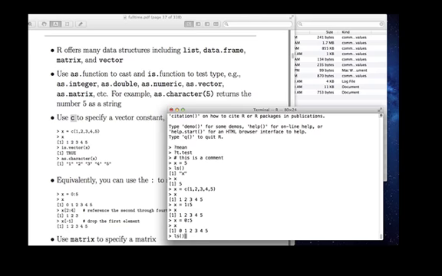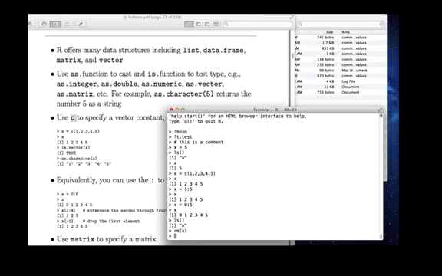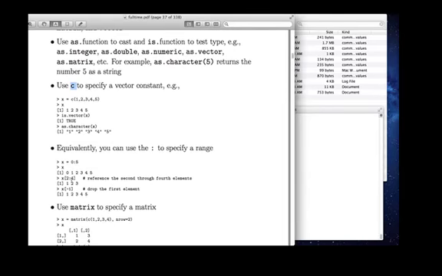You might be curious about, well, how do I remove an object? You remove an object with rm. So if I say rm(x), now you'll see that there are no objects in my folder anymore. Let's go back, and I'm going to assign x the constant 0 through 5. And in the course packet, I show you various ways of referencing